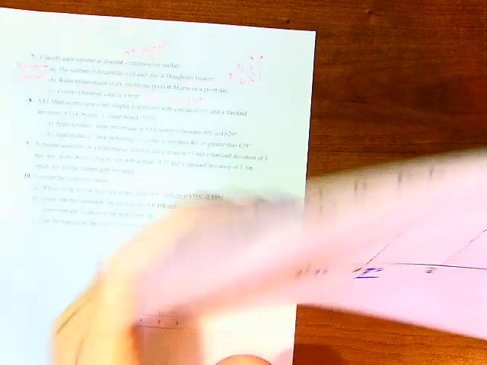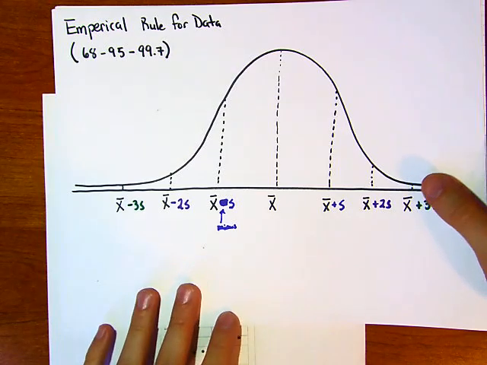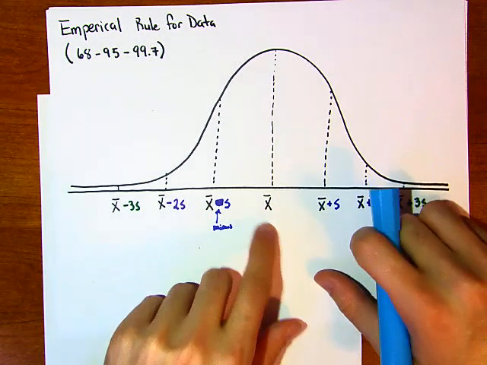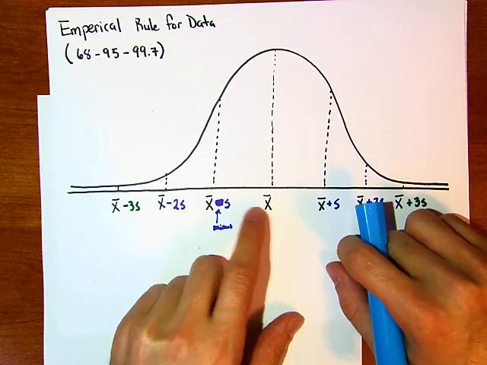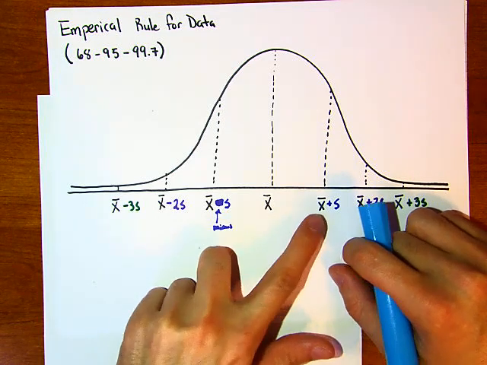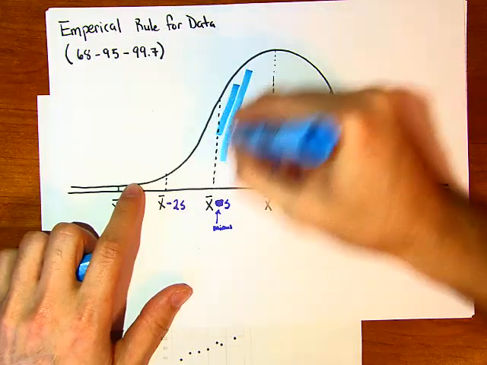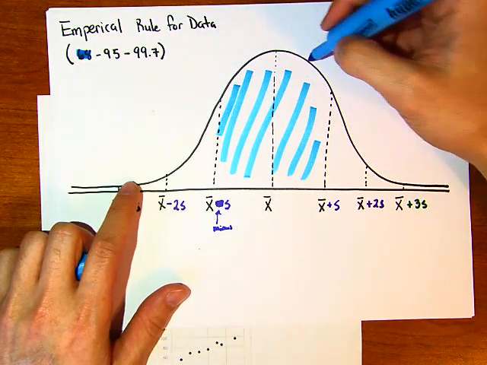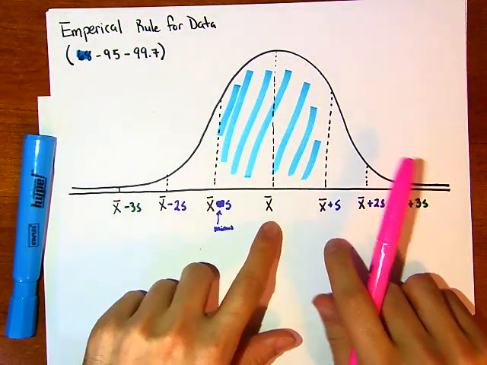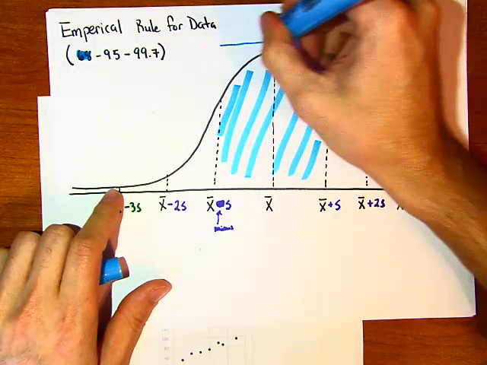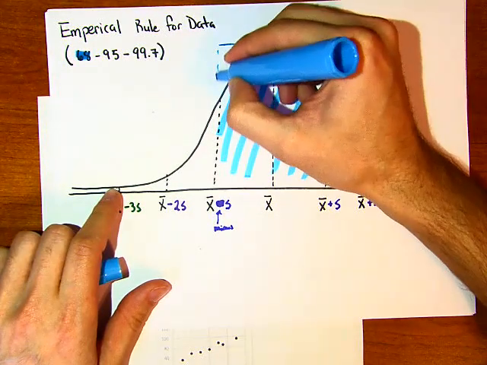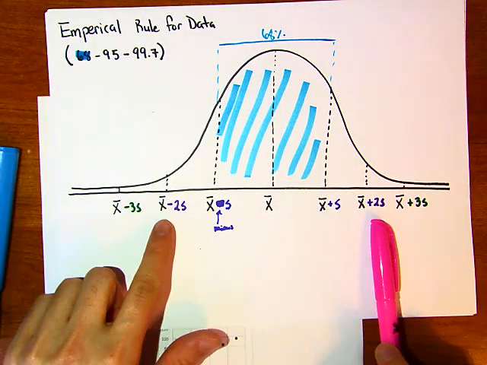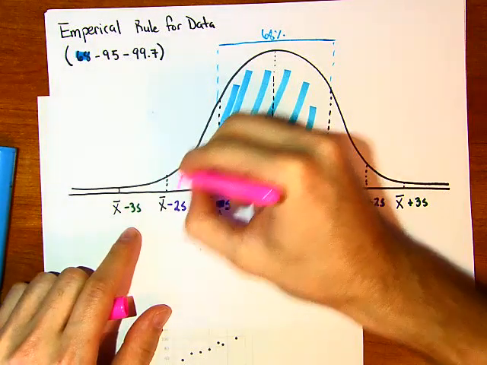I drew this out for us, and this is the empirical rule for data. If this is my mean, and I'm one standard deviation to the left or to the right, then I'm going to say that 68% of my data falls within one standard deviation. So from here to here, this is 68% of your data. Here, if I want to go 2 standard deviations, and we'll show this in the pink,